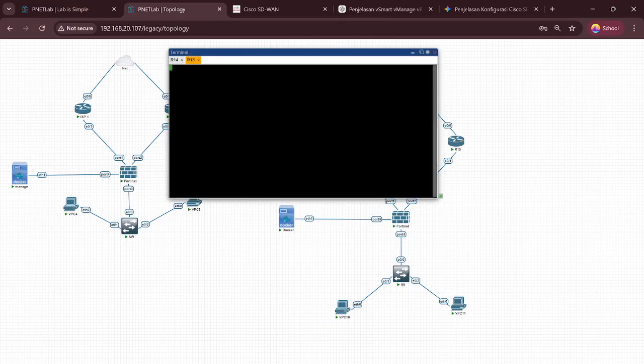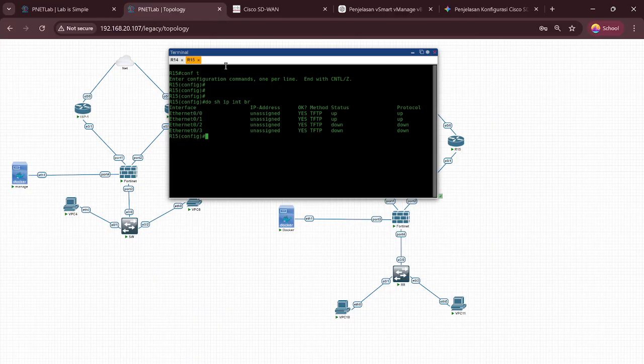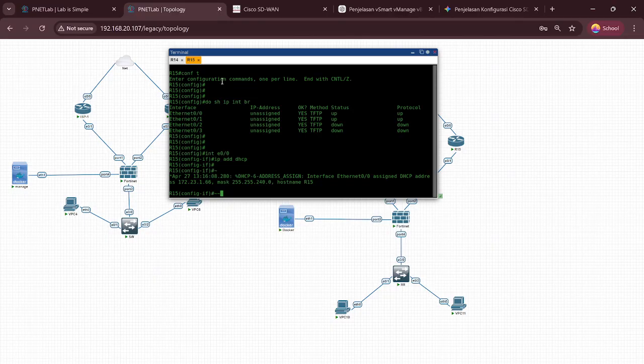Okay, click enter and configure terminal. Do show IP interface brief. Okay, this is interface Ethernet 0/0, and it shows this because the IP address is unassigned. Now configure interface Ethernet 0/0 IP address DHCP.